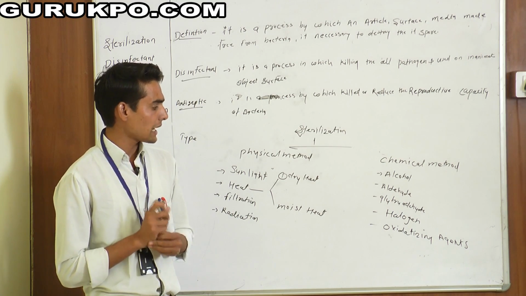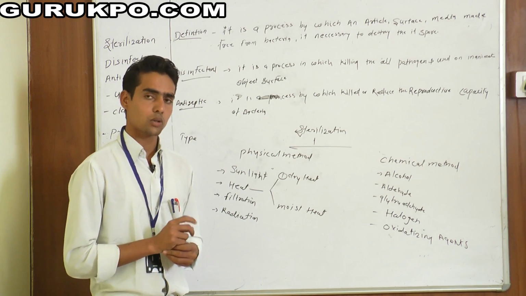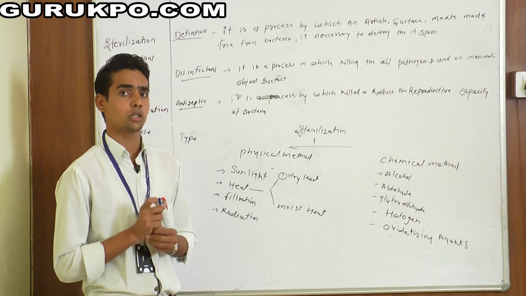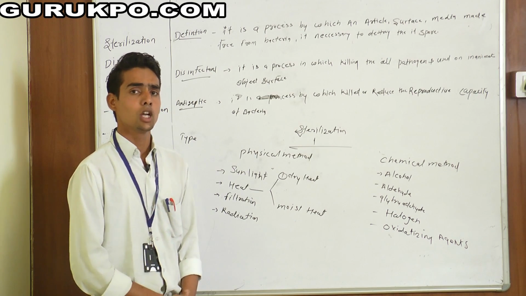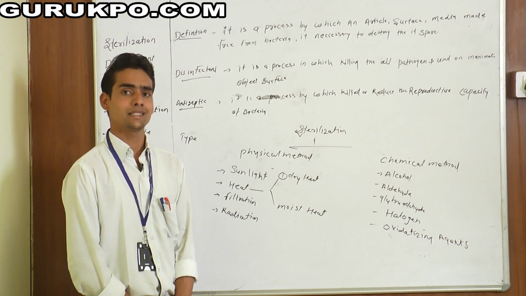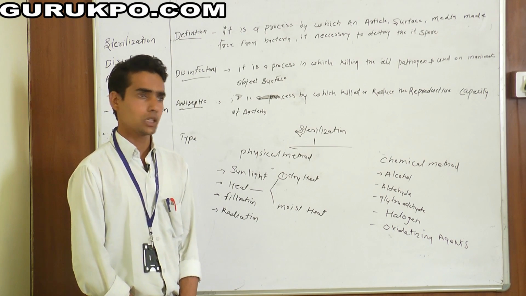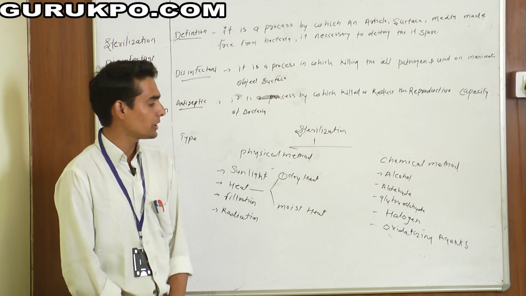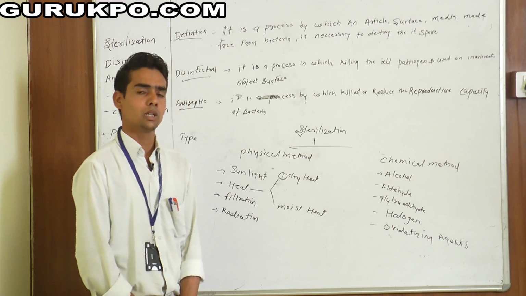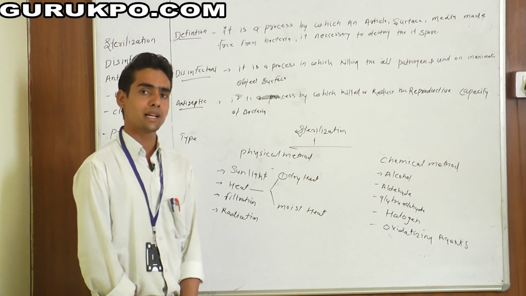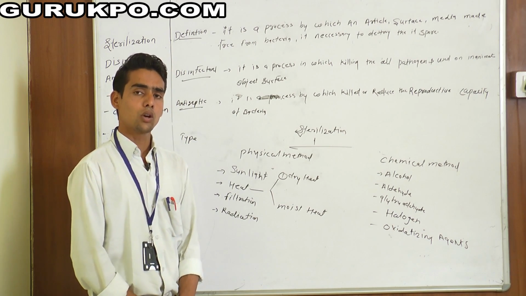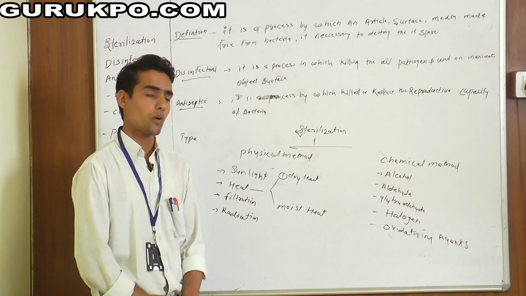And fourth is the halogens. Two halogen products are used in hospitals. First, iodine. Iodine is most commonly used in ointment and iodophor forms to kill bacteria and to repair wound and injury sites. In hospitals, iodophor is also known as betadine. The second product is chlorine. Chlorine is used in bleaching powder form to treat wound sites, to clean water and to sterilize water.